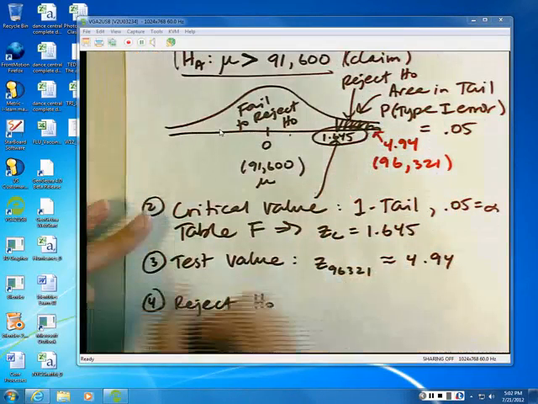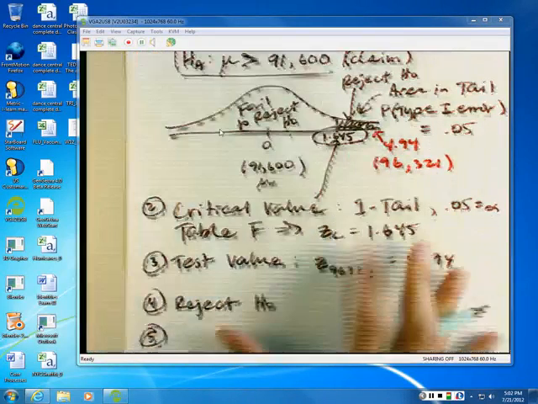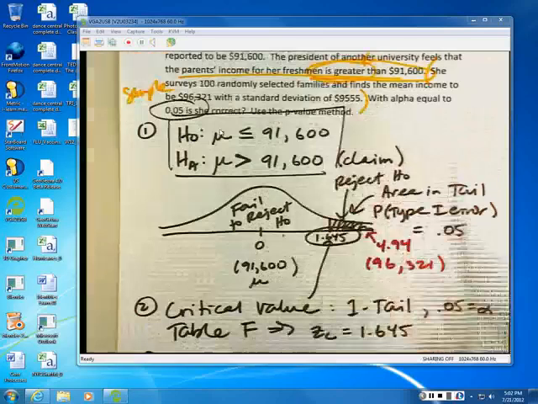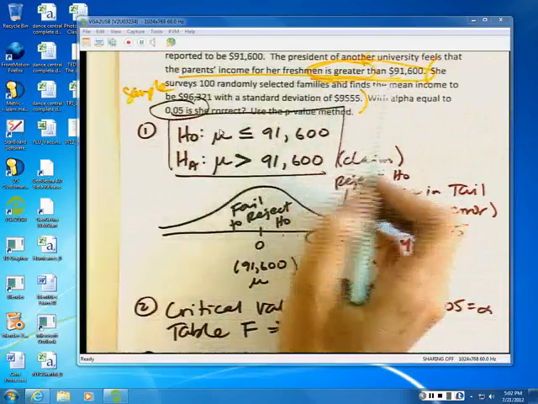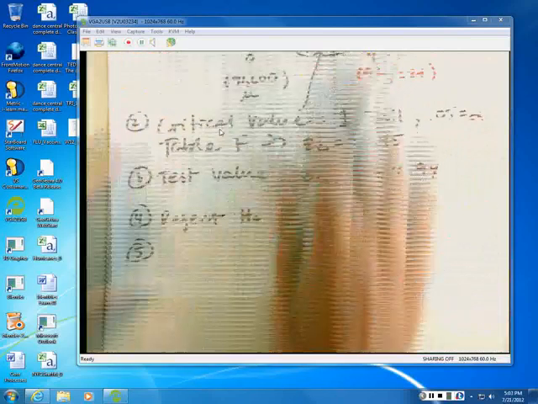That's all I say for 4. Number 5, the most critical part. Okay, so what does this mean? Well, this means that the president was right. They felt that the parents' income for her freshman was greater. She's right. So the other president,